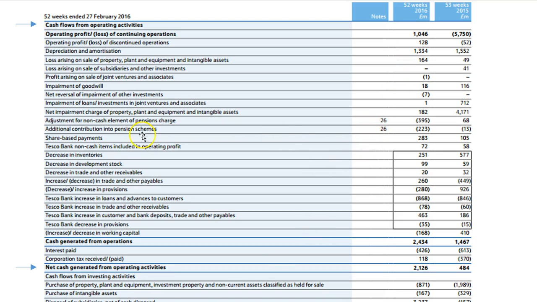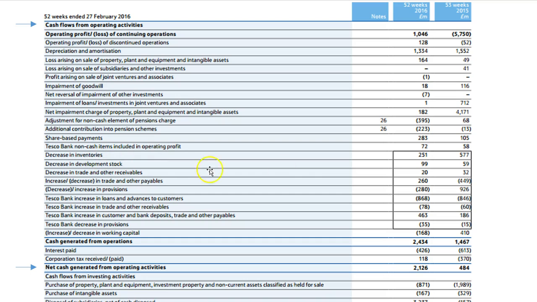For certain items such as these pension adjustments, you'd have to read the notes to see what that is about. Here's a small Tesco non-cash item included in operating profit, so that has to be again added back in. Here are the working capital items that don't make a lot of sense initially, so we'll just have a brief